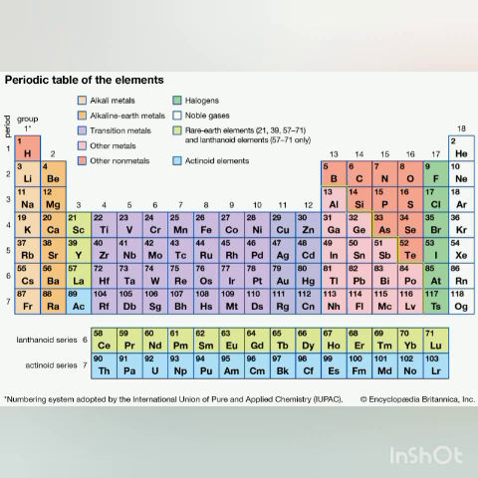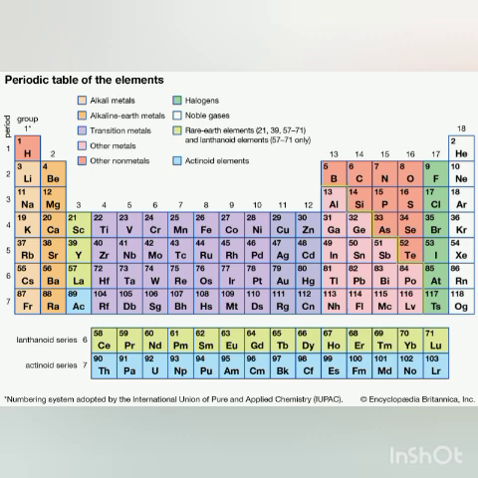But when we go across the period, like you take the case of period 3, here all the elements have the same number of shells. When you go from left hand side to right hand side, let us take the second period: lithium, beryllium, boron, carbon, nitrogen, oxygen, fluorine and neon. They all have 2 shells, but what is happening? The atomic number is increasing. The atomic number of lithium is 3, beryllium is 4, boron is 5. So you will see that the atomic number is increasing.